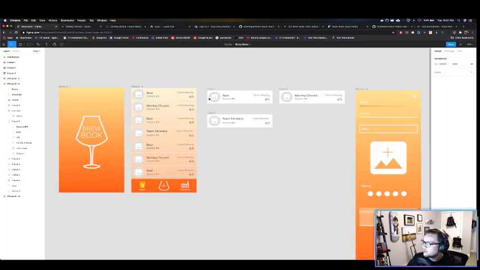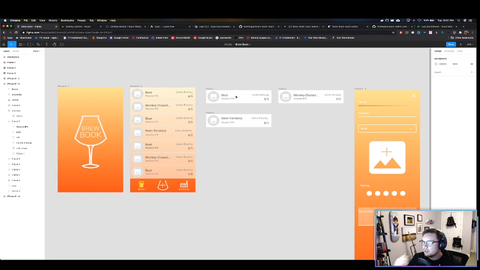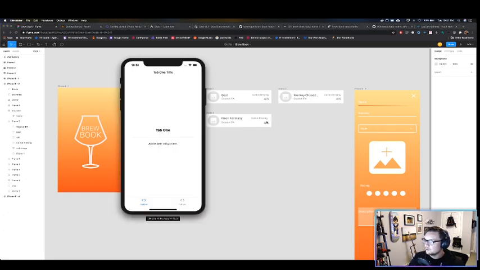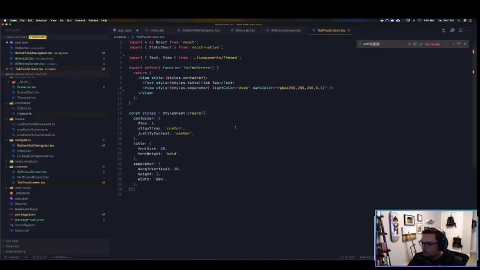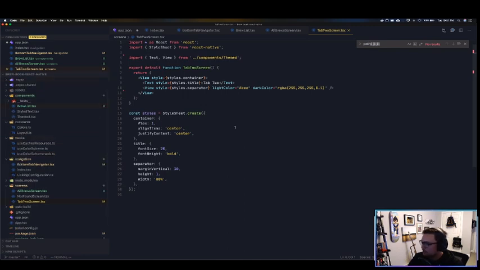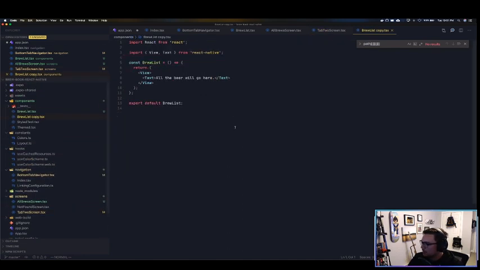So that will be this. For now, let's start simple. Let's make a component that can just show a name, a style, a brewery, and a rating. We'll add the image later. Maybe we'll add a placeholder for it. But let's create this basic component. So what I'm going to do is go to my components folder. And sometimes what I like to do is just copy a component that already has the boilerplate. So I'm going to copy my brew list. And I'm going to call this thing